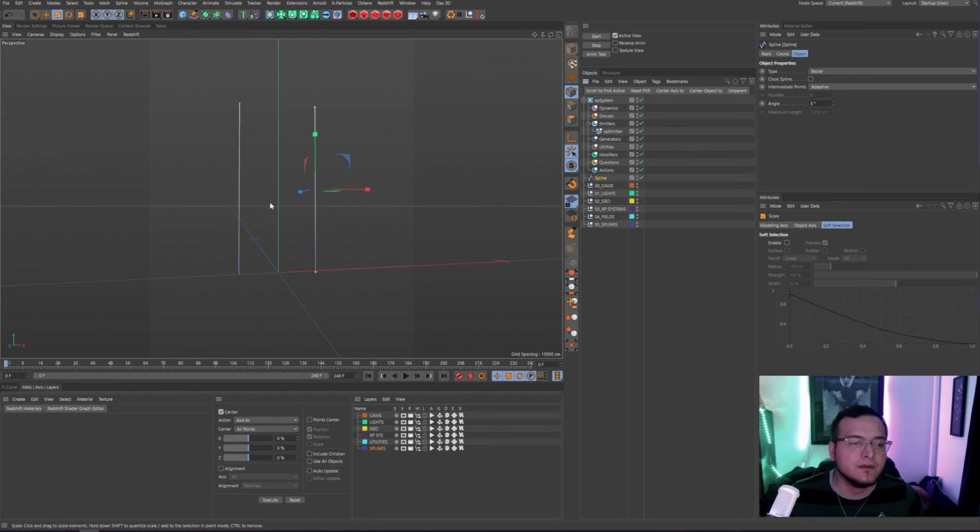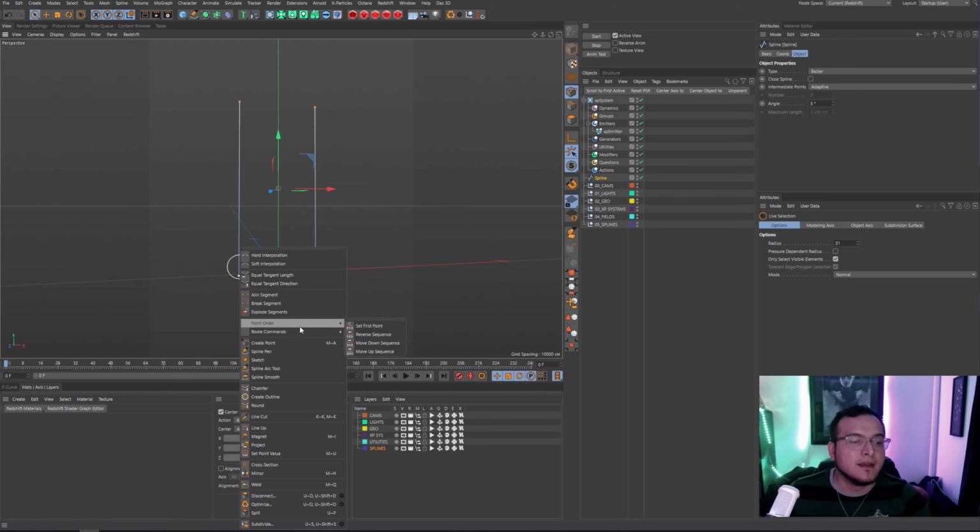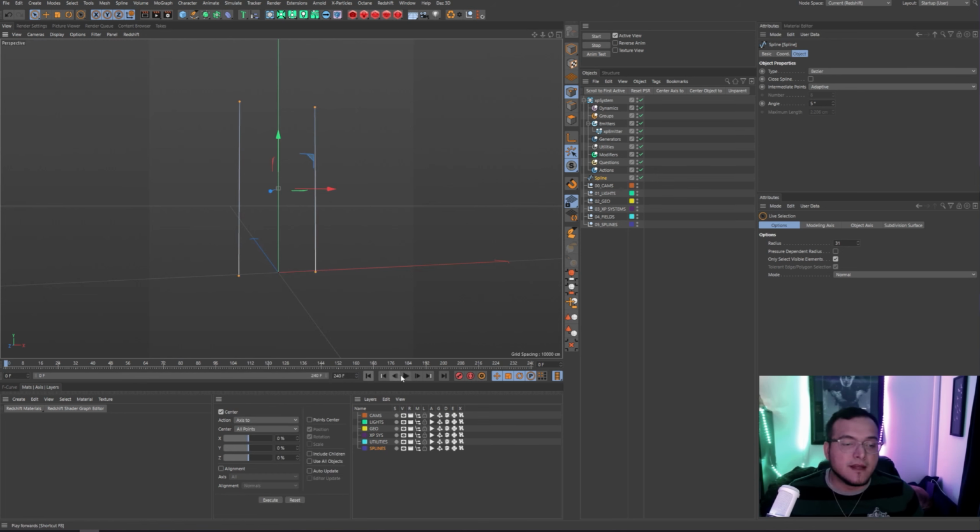So what you want to do is go ahead and select all of these points, right click, and then go here to point order, and then you go to reverse sequence, and then now when you press play, it shoots them upwards. But now we have to make one more modification to make sure that it's being emitted from the